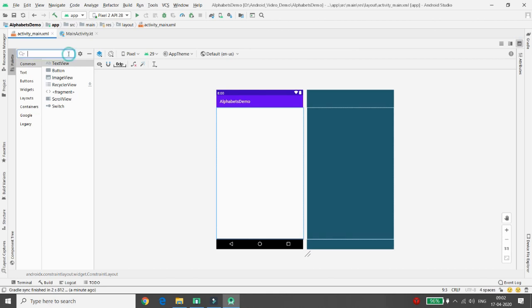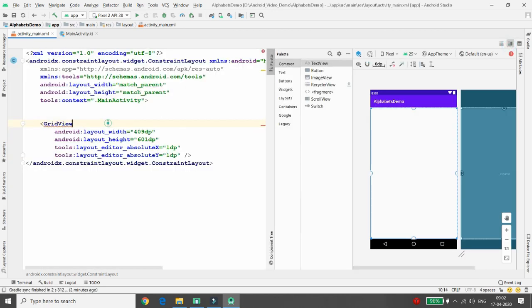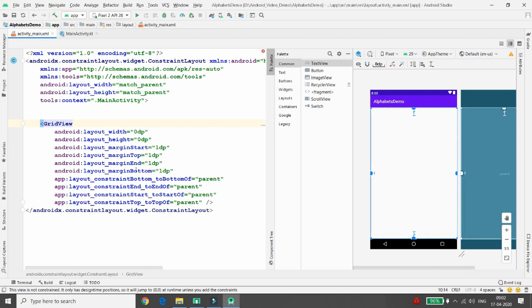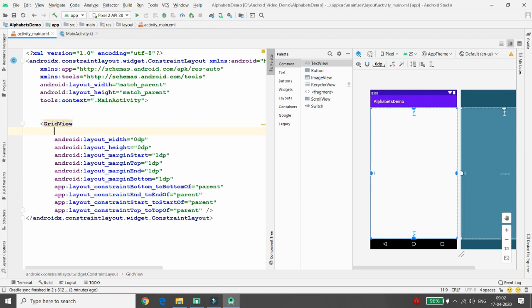I'm just searching for grid view, and here you can drag and drop the grid view. Once you put the grid view, you can move to the design and check, see, grid view is fine, and you can click on infer constraint. Once your grid view is available inside this, now you can give the name of your grid view. I'm just giving the name of my grid view as gridView.